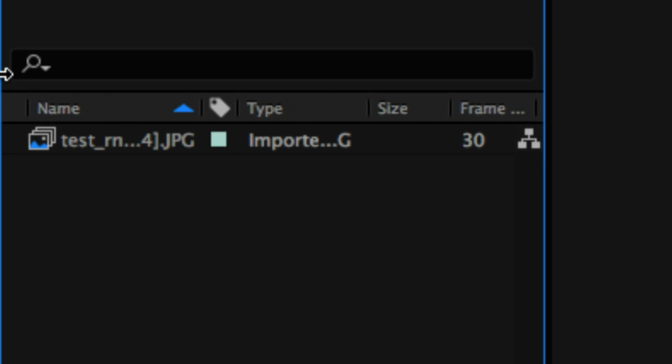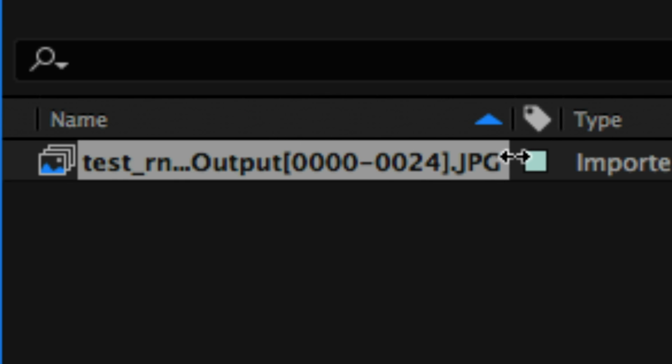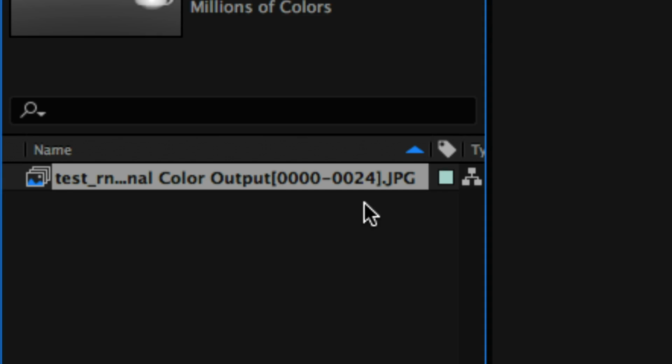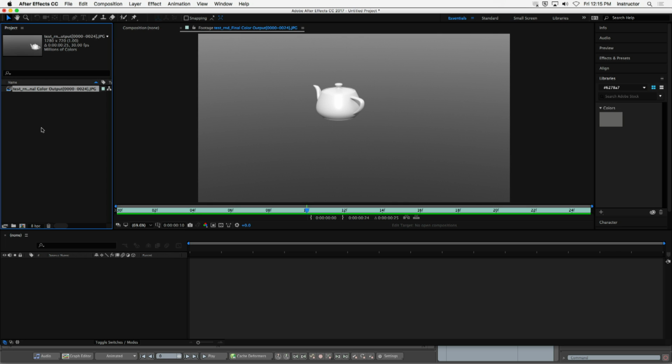The last thing that we need to do is that we're going to grab our image sequence, okay? And this is what it should look like, okay? If you see a bazillion images in a row in your bin, you've done it wrong. You've imported each image individually. We want to import the entire stack as an image sequence, okay? So here's what we're going to do, and it's pretty easy to do the rest of this, okay? We're going to go down, and we're going to grab this file,